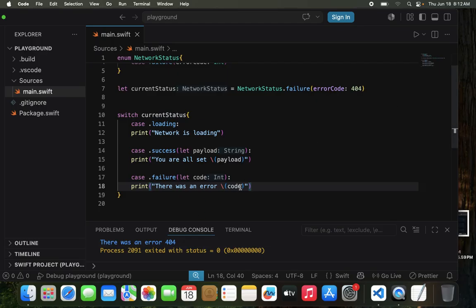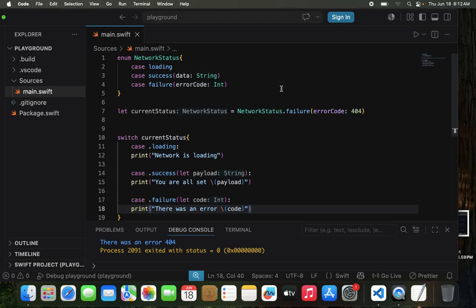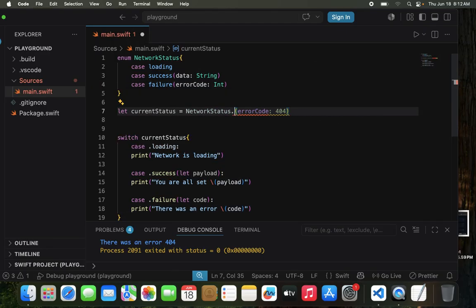Now we are printing out the code here. Now, say if we wish to go with success, remember we're passing the payload here, which is for our associated value. So if we went with .success, and then here we could say data